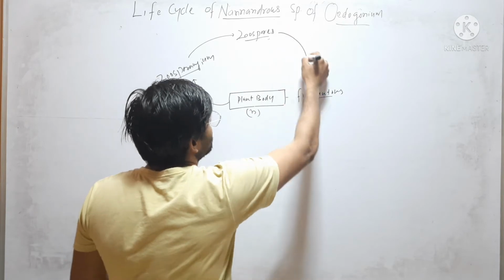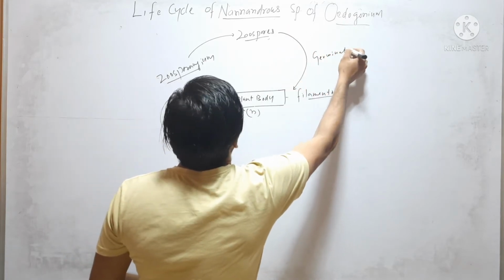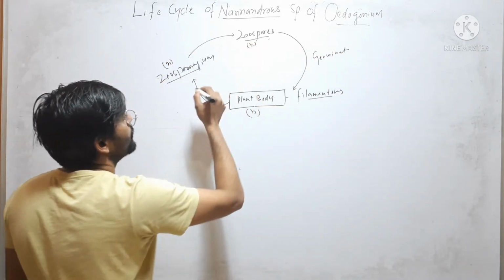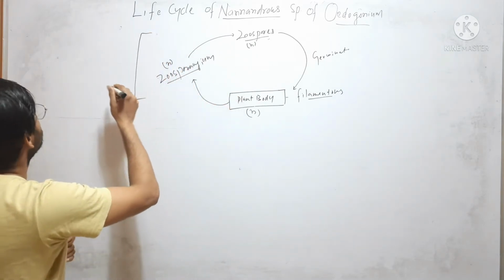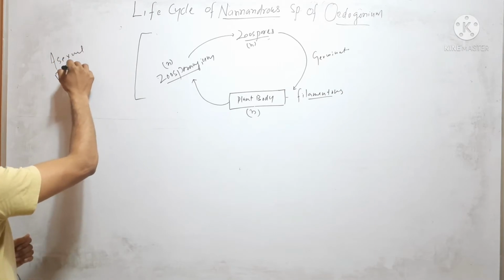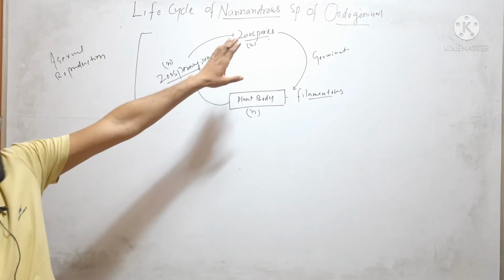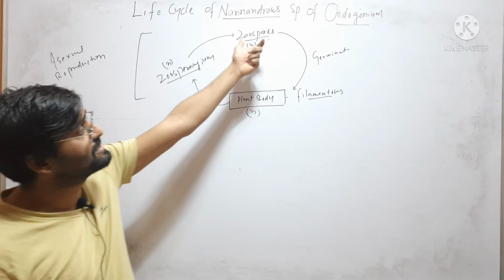It will germinate and form the plant body. This zoosporangium is also haploid, this zoospore is also haploid. This is asexual reproduction in Nannandrous species. Asexual reproduction occurs through zoospores, which are formed inside the zoosporangium, and they will germinate and form